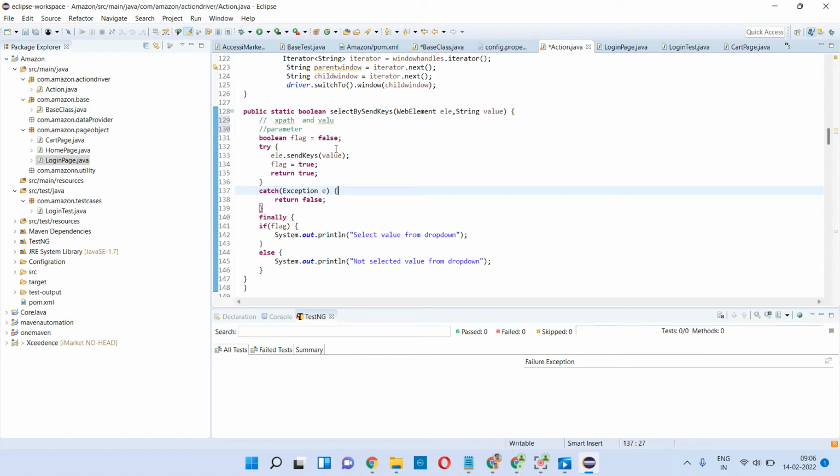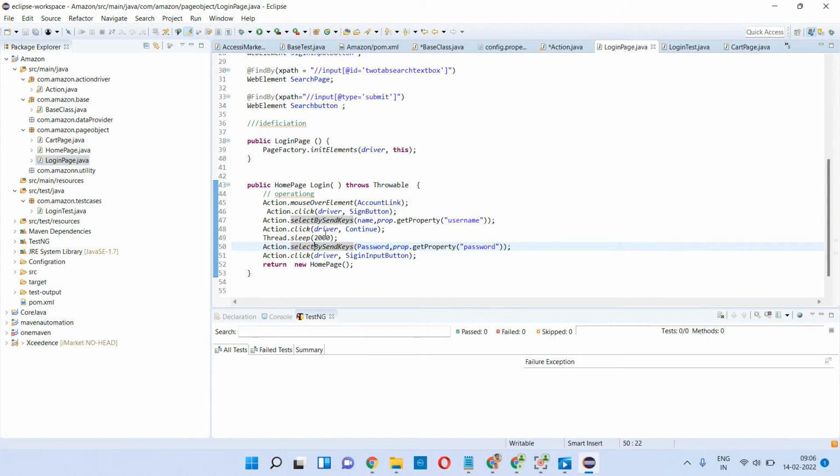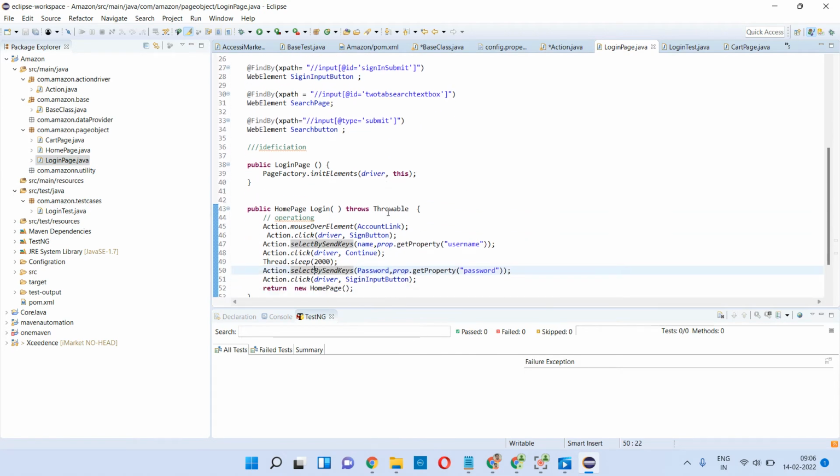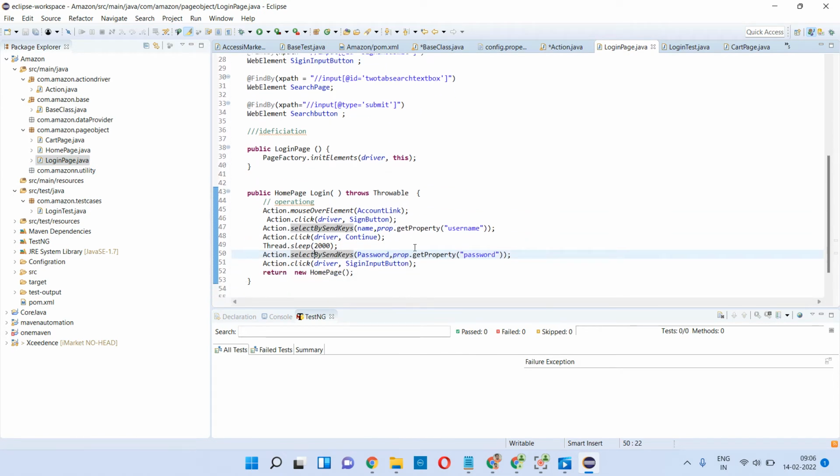So these are the two things I have taken and written. It is a try and catch block, but here I have written a return type, so that if it sends a value and it is true, it should execute this block. If it is not, then it should execute the other block. So it will return a value and supply it to this method, then the particular block will be executed. That is the main intention here. These are the methods I have written, and this is the purpose.